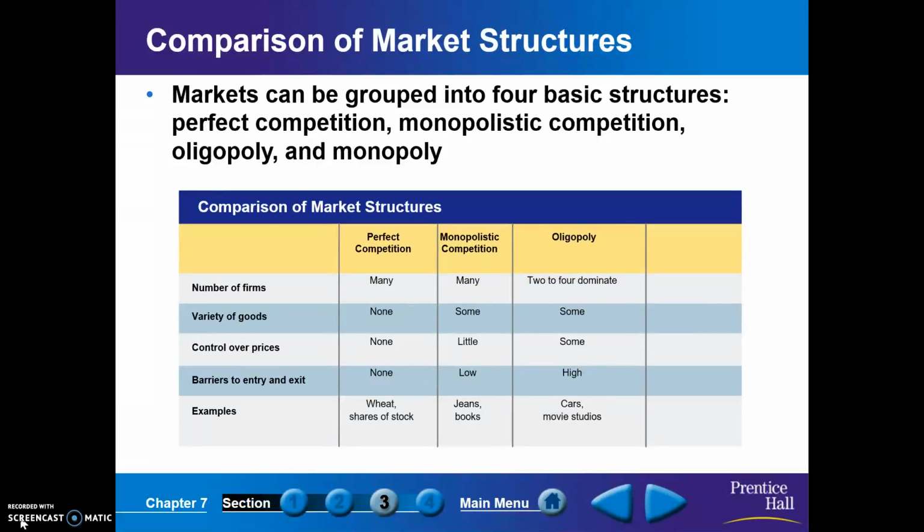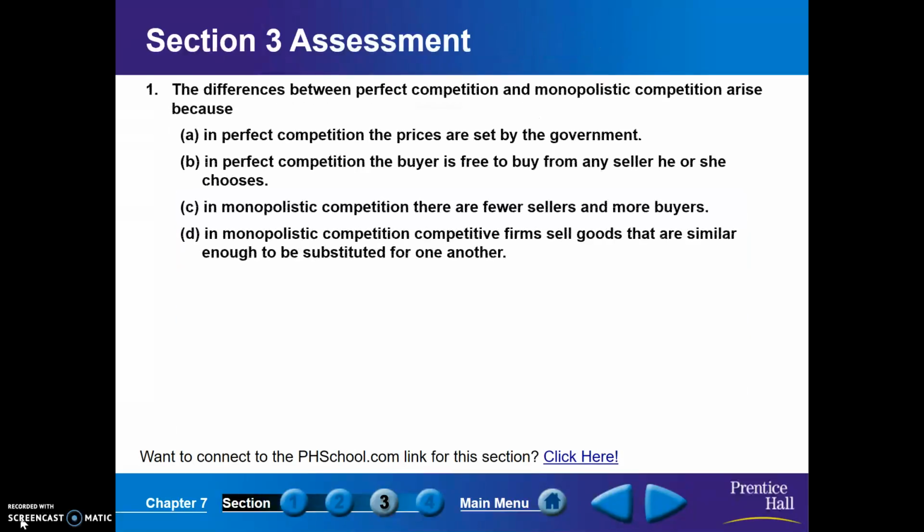All right, so if you look here, you're comparing market structures, and you can simply see, perfect competition, you have many firms, monopolistic many firms. Oligopoly, you have 2 to 4, very few firms, monopoly 1. And you can look through this table and see the differences, compared and contrasted between all 4 market structures in an economy. Again, this PowerPoint is on Canvas, should you want to reference back to it.